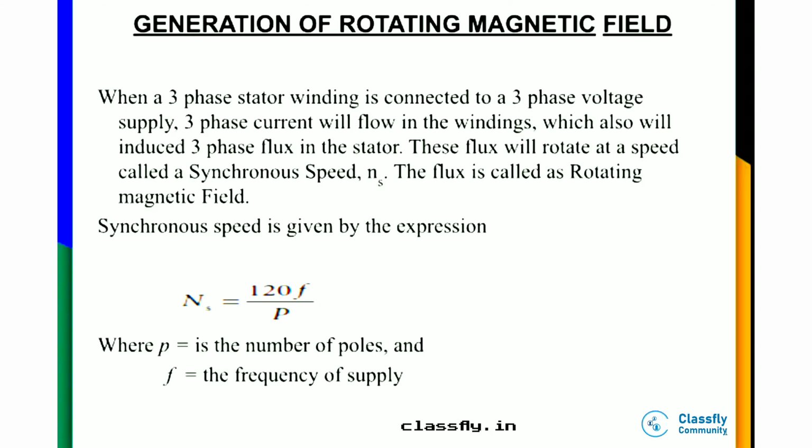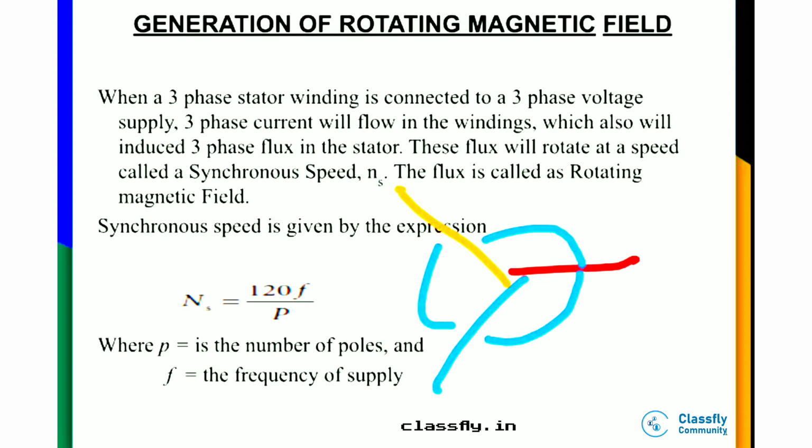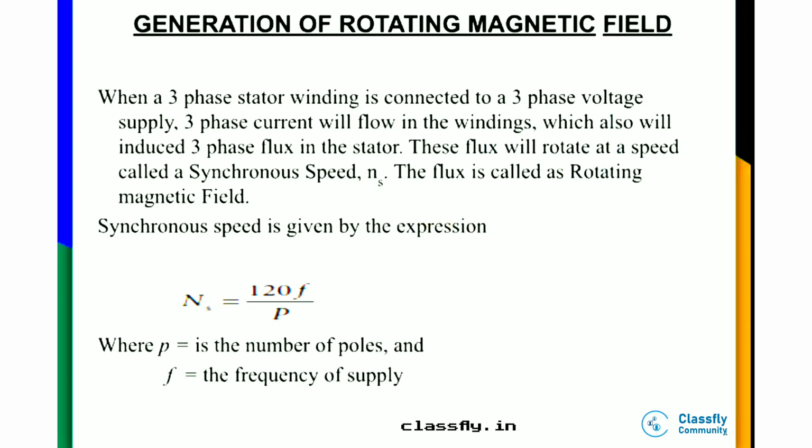So today we will be doing the generation of rotating magnetic field as well as the principle of the operation. So what do you think? What is the generation of the rotating magnetic field? See, there are three supplies given to the stator. One is your red, one is your yellow, and one is your blue, right? And all of them are at an angle of 120 degrees, right? We know this tells us that these three supplies are in such a way that they are at a 120 degree angle, right?